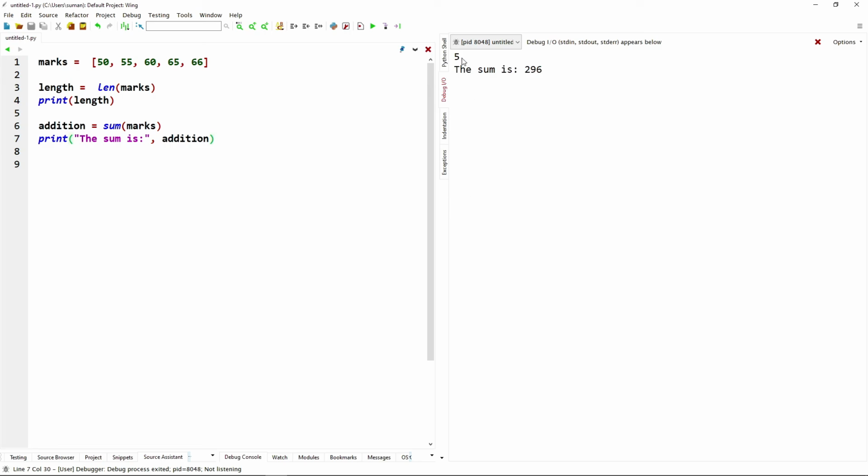That is 5, the first output from print length, the total number of items in the list marks, and the second one is 296, that means 50 plus 55 plus 60 plus 65 plus 66. So in that way we can use the function in Python.